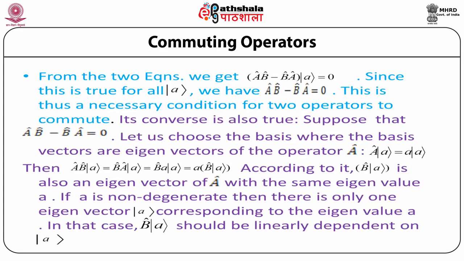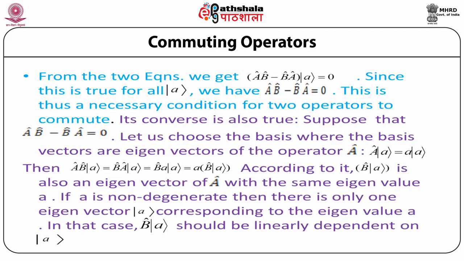Then operator A, operator B acting on ket vector A is equal to operator B, operator A acting on ket vector A, is equal to operator B times A times ket vector A, is equal to A times operator B acting on ket vector A, where A is the eigenvalue corresponding to operator A acting on ket vector A. Accordingly, we have that operator B acting on ket vector A is also an eigenvector of operator A with the same